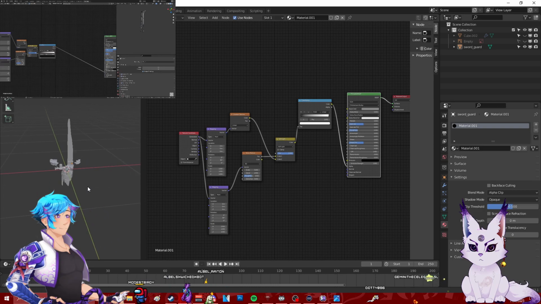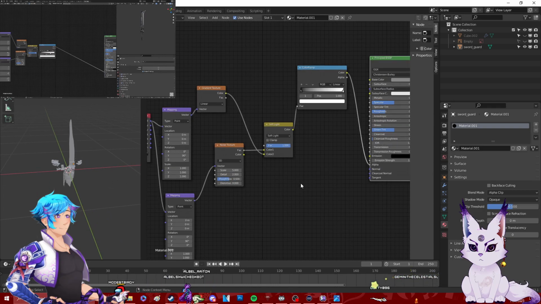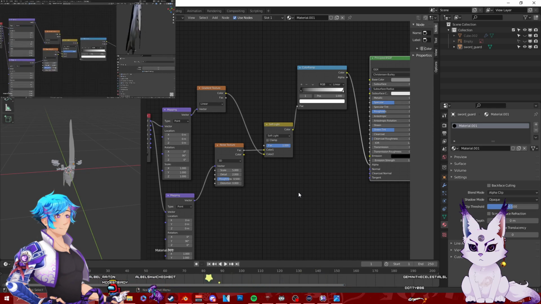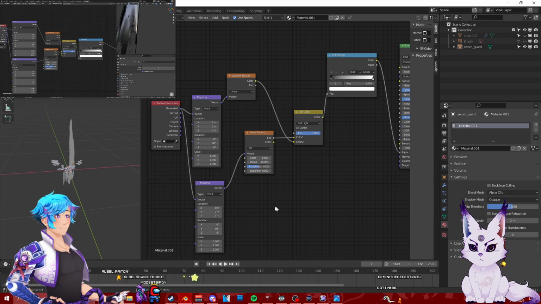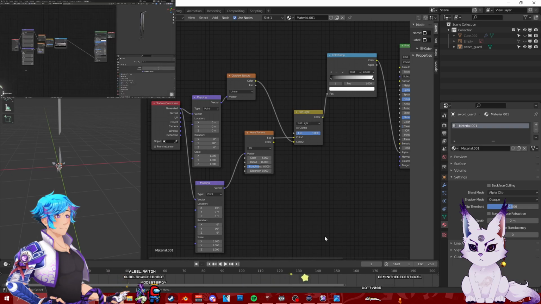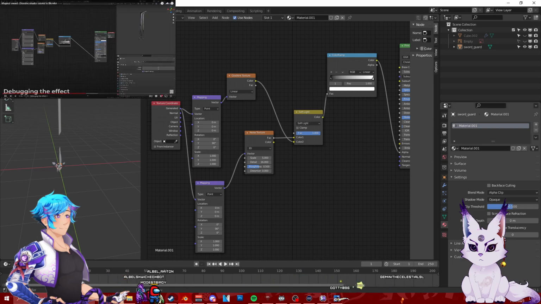If we now zoom in a bit onto the sword, we can see that our noise is pretty rounded. So we can increase the detail level and play a bit with the roughness to get something a little more interesting. This is very subjective, so just play with the value to fit the style you want to get. The problem using a color ramp is that